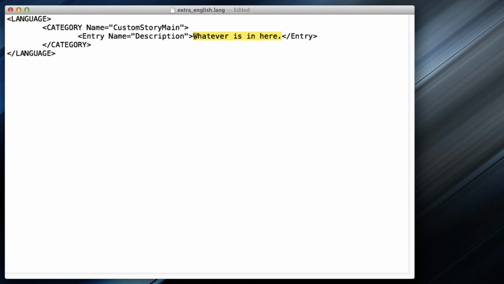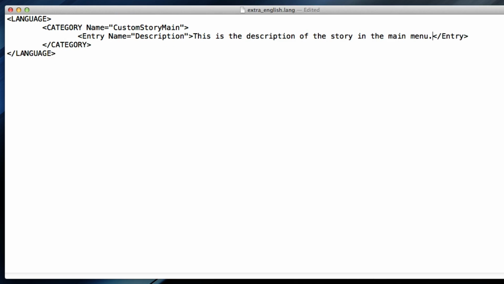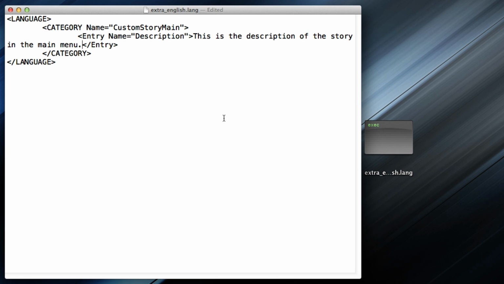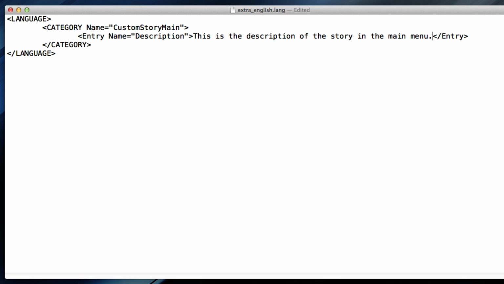So let's do, this is the description of the story in the main menu. Like that. Now I'm going to show you a little something later that you can do right here, and right now of course it looks like it split the line, but it didn't really, it just does that. So this is the description of the story. Let me just do that a little bigger. This is the description of the story.